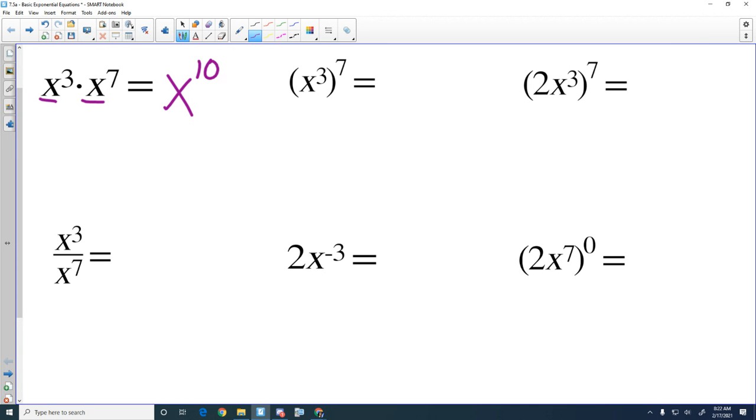All right, what about that second one? X to the third to the seventh. You have a power to a power. This is going to be x to what? I heard one person say 21. Does anyone agree with that? Yes, I agree as well. 21, you multiply. The way I always keep this straight is when I see parentheses, like in between the 3